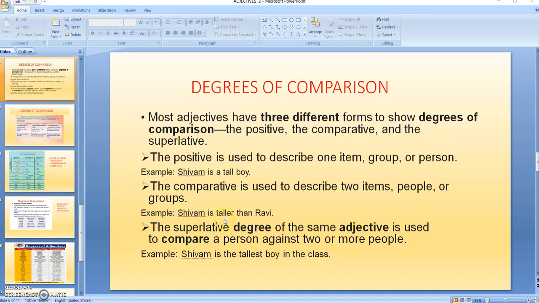So here taller changes to tallest. And we also use the. Remember children, with the superlative degree, we always make use of the. So when we compare anything, a person or object with more than two people or things, then we use the superlative degree.